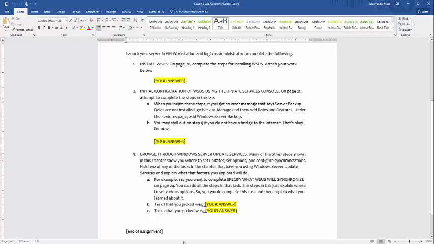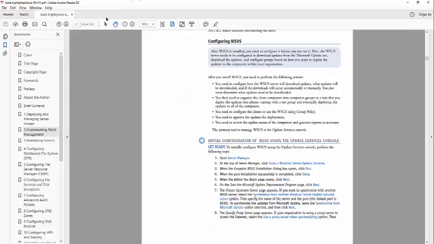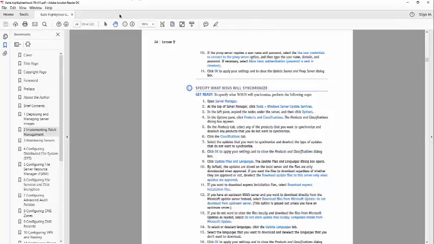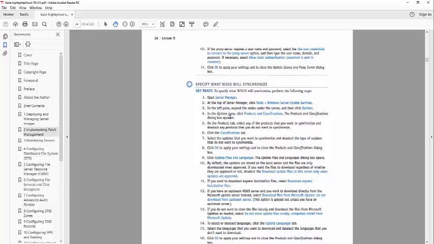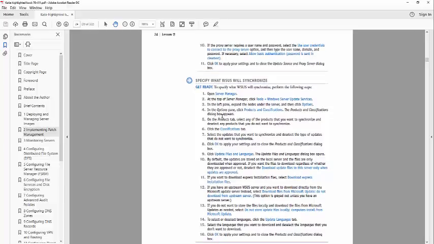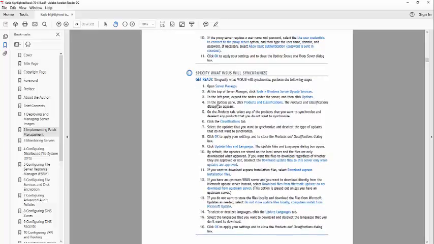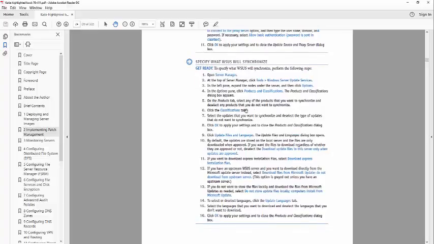So, for example, if I'm looking at page 24 and it says to look for this, where any of the tasks that say open the server and go to Windows Server Update, any of those tasks, there's options, there's different configurations. You can go through all of these and understand what each thing is doing and even set them.